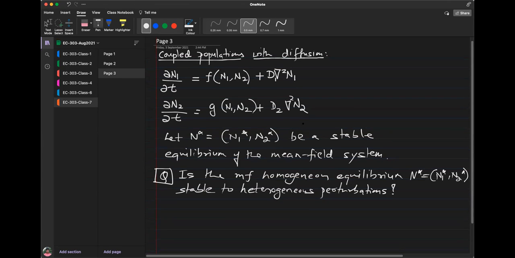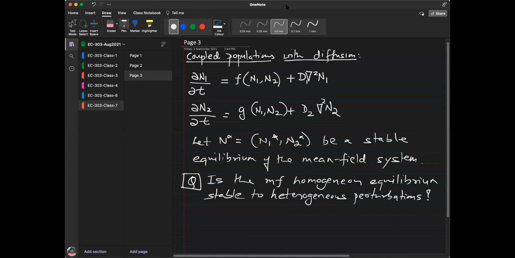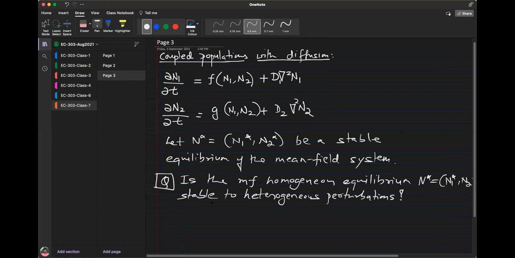Now to address this question, I want you to work on this entirely on your own today. I think it's a slightly tedious calculation, but I assure you that you will in the end be happy. Let me see if my claim is correct. I think it really shows how we can now apply what you learned in the previous class to this slightly more complex system. So will you now go step by step and try to find and prove that the homogeneous equilibrium is stable